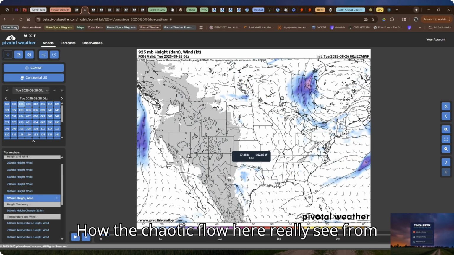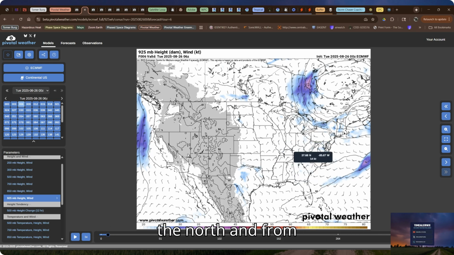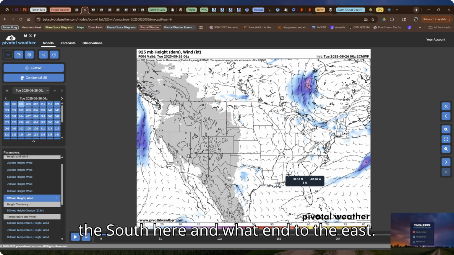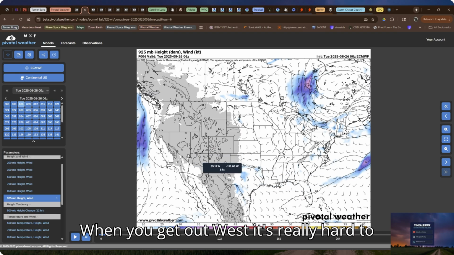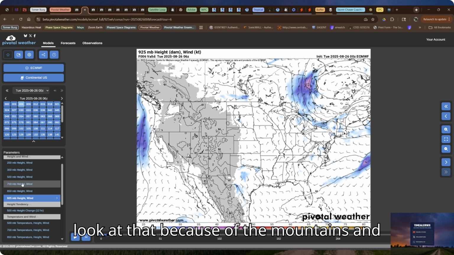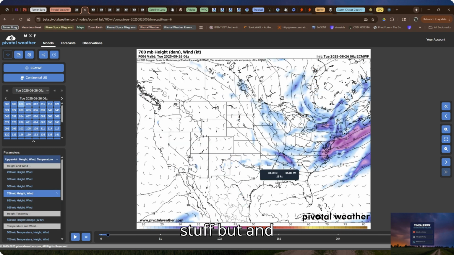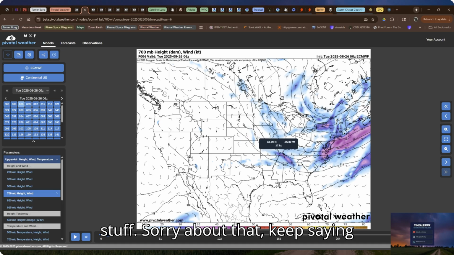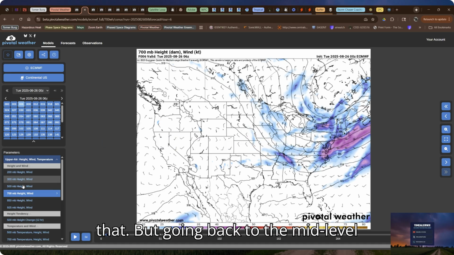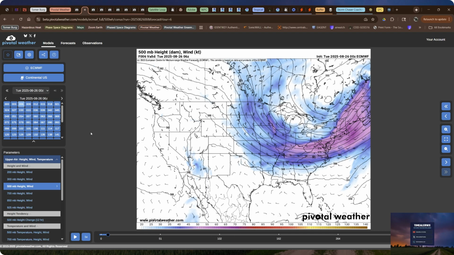kind of chaotic flow here, really. See from the north and from the south here and to the east. When you get out west, it's really hard to look at that because of the mountains and stuff. Sorry about that. Keep saying that. But going back to the mid-level flow,